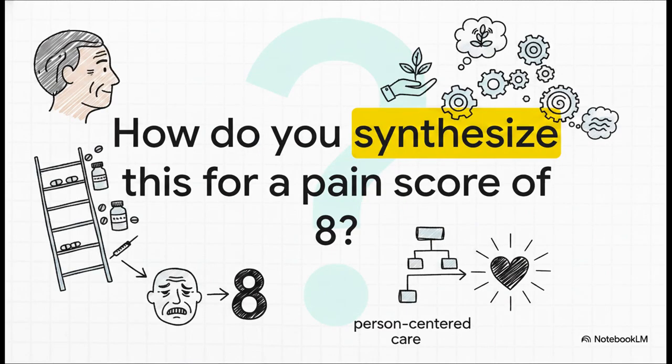As we wrap up this explainer, I want to leave you with a provocative question to test your true synthesis of this material. So what does this all mean when put together? If you had a geriatric patient with cognitive impairment exhibiting a pain score of 8, how would you synthesize the PAINAD scale, the WHO Step 3 ladder, and complementary interventions to deliver comprehensive person-centered care? Take a moment and really think through that scenario. It forces you to combine assessment, pharmacology, and holistic care, which is exactly what the hardest, highest-level exam questions will ask you to do. Master this